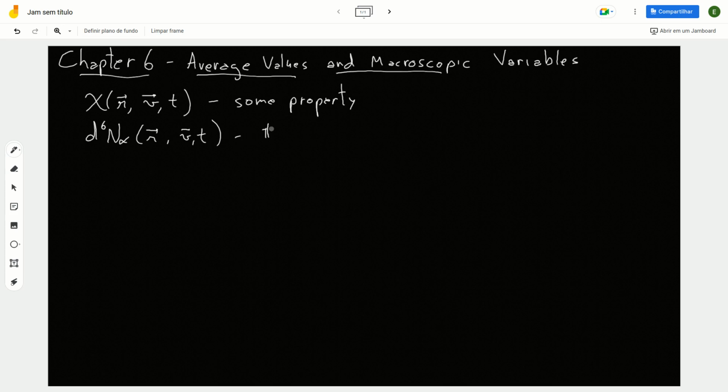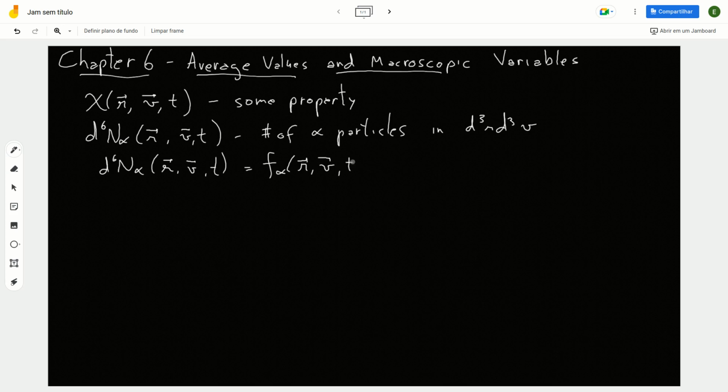So this is the number of alpha particles inside this volume element at position R and V. So from equation 3.1 of chapter 5, you will remember that we have defined this quantity to be a function of f, the distribution function at the same position and time,